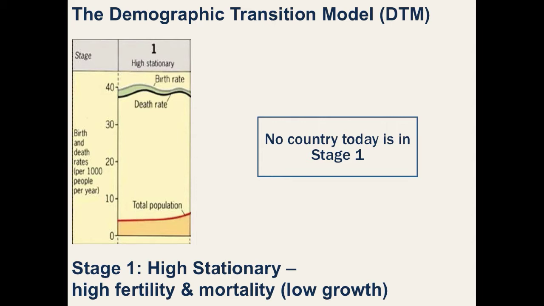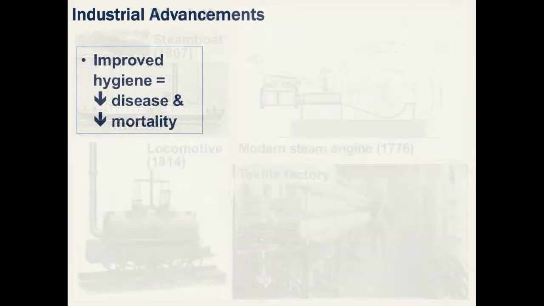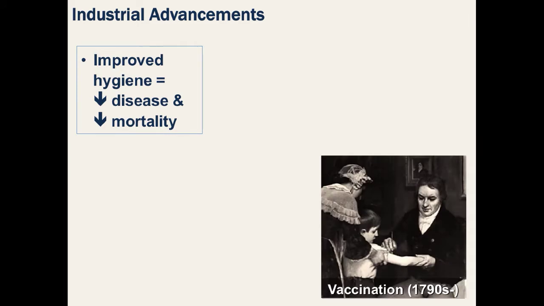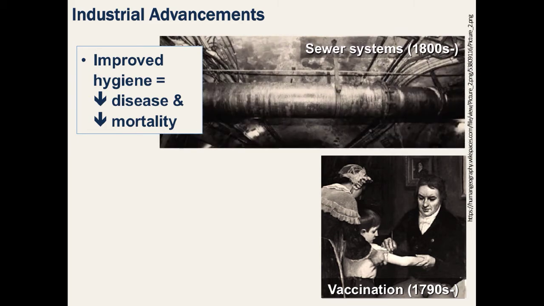Then, the Industrial Revolution began in Great Britain, bringing innovations such as the steam engine, which in turn led to factories, steamboats, locomotives, and connected people like never before. Other innovations led to a massive increase in food production. Other scientific advancements dramatically improved hygiene and living standards, starting in the United Kingdom. The first vaccine for smallpox became available in the 1790s. Sewer systems were improved considerably.